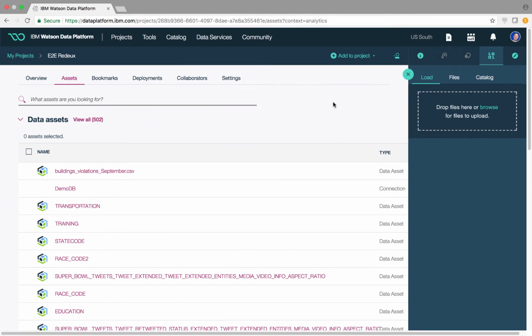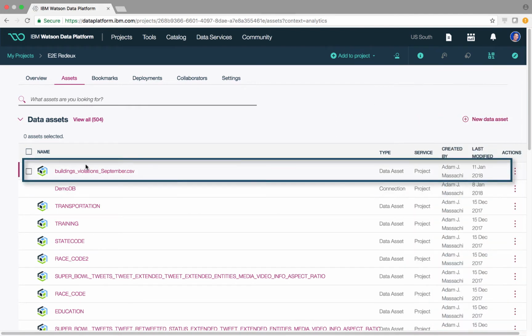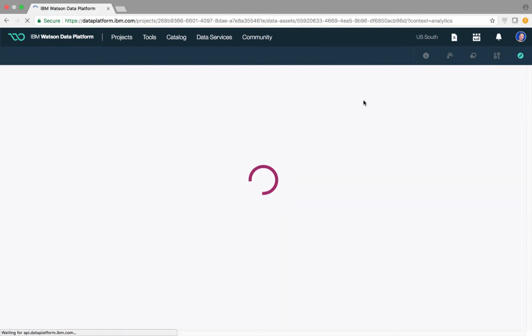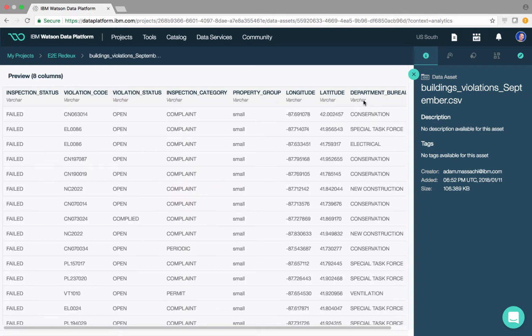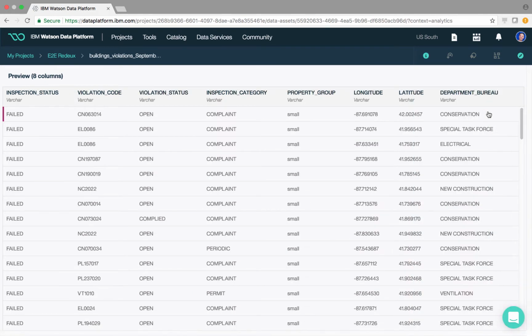And after we add it, it should appear here under our data assets, and we can inspect the data by giving it a click. This data is the September 2017 data from the City of Chicago, and it includes features like the bureau, the violation code, the property group, whether it's small, medium-sized, or large, important information about the location, like latitude and longitude. And what we're modeling is inspection status, that field all the way on the far left. After we're satisfied that this is the data we were looking for, we can go back to the main project